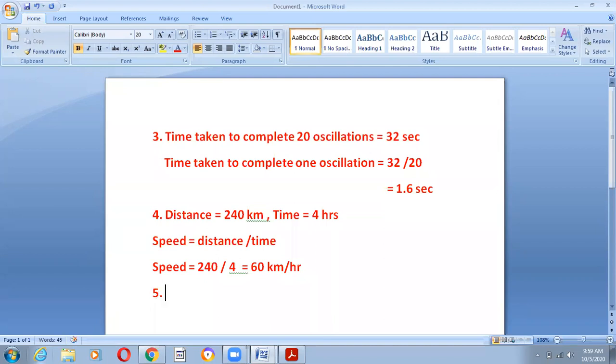Now the fifth one. The odometer of a car reads 57321 kilometer when the clock shows the time 8:30. What is the distance moved by the car if at 8:50 the odometer reading has changed to 57336? Calculate the speed of the car in kilometer per minute during this time. Express the speed in kilometer per hour also.